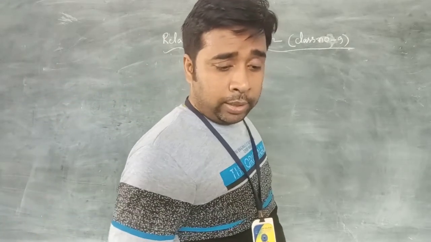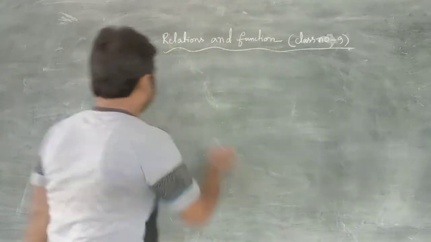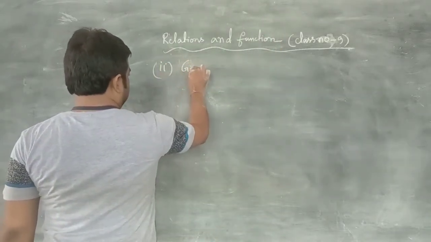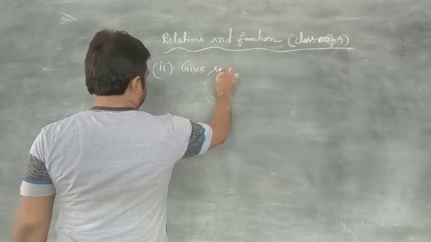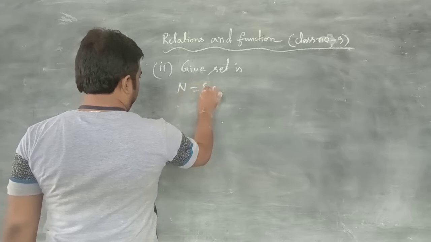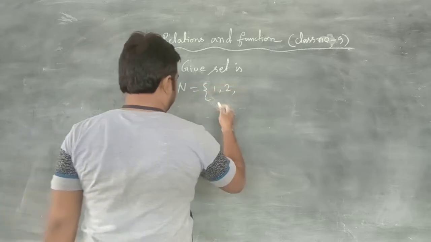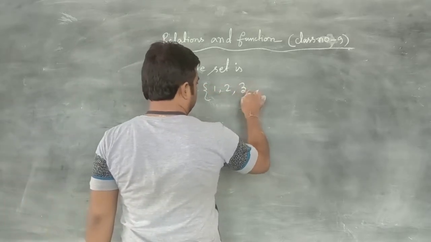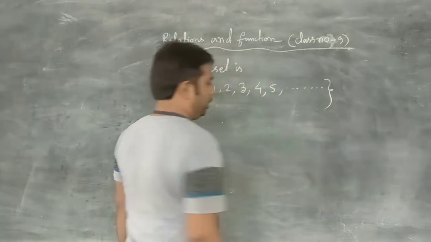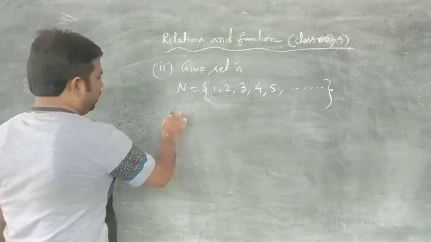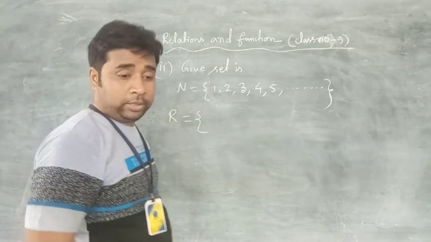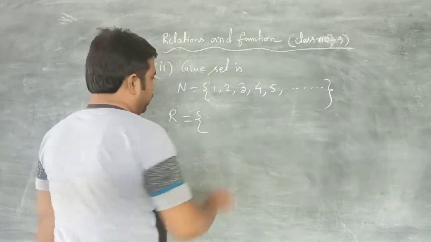Question number 2. The given set is N equal to 1, 2, 3, 4, 5 up to infinity. What is the given relation? The given relation is (x, y)